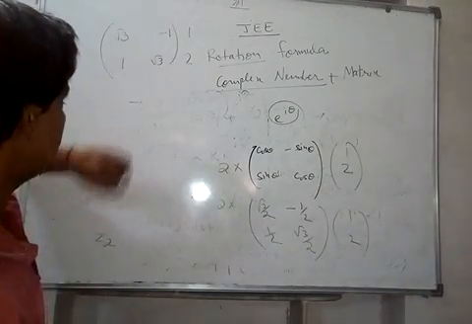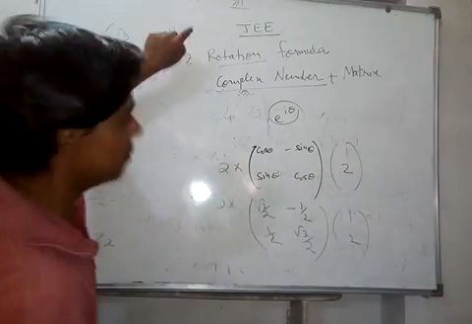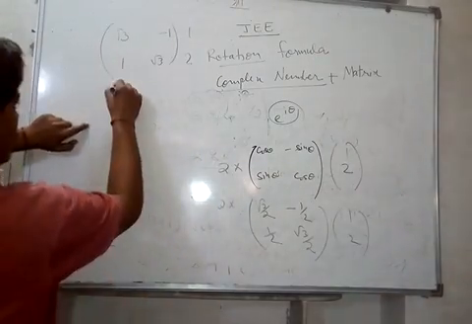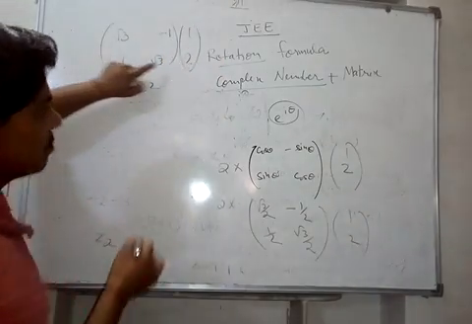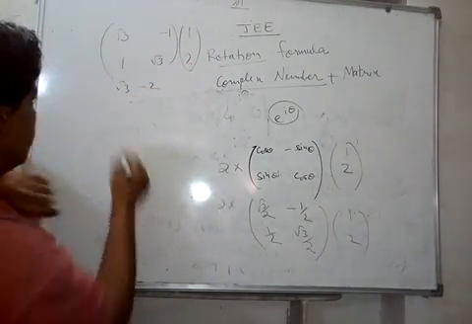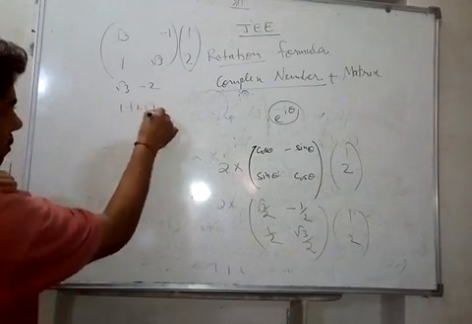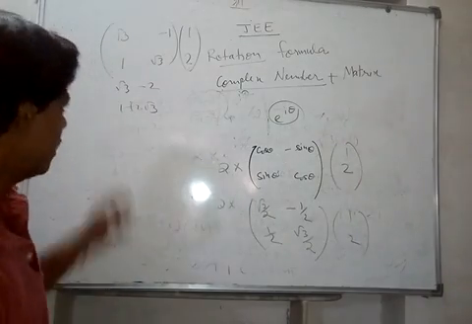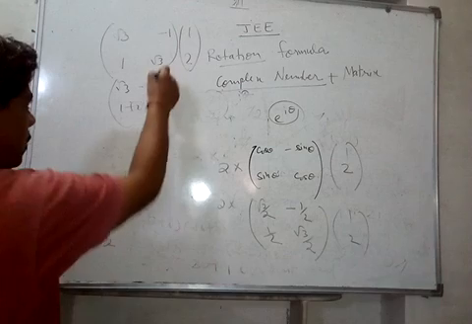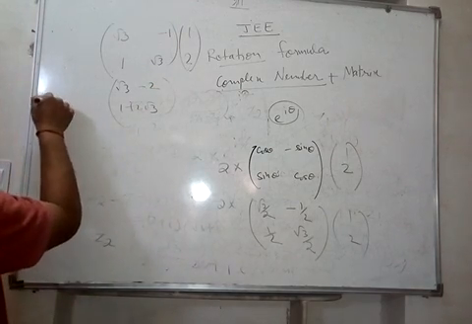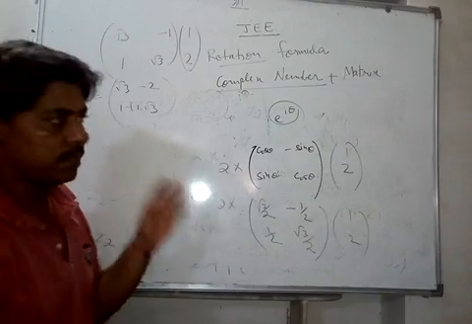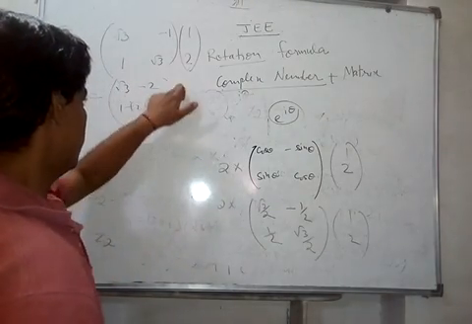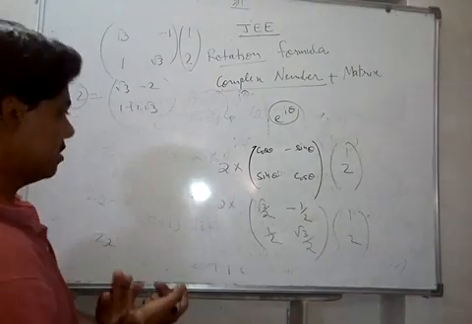And as you multiply it by 1 and 2, what will you get? Root 3 into 1, root 3, minus 2. So root 3 minus 2 as the first term, and for this one we will get 1 plus 2 root 3, 1 plus 2 root 3, remember. And then we can add whatever the new number, that is, this is equal to z2 minus z. So whatever the value of z, suppose the value of z is minus 2 minus 1, you can bring it here and you can check what is the answer.